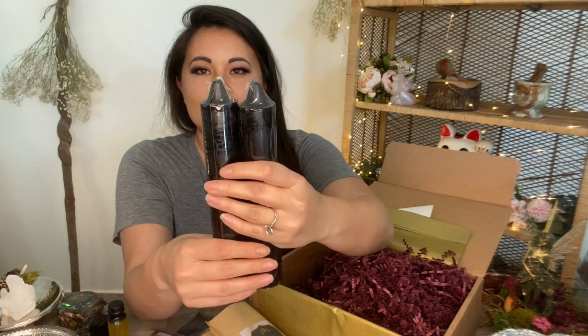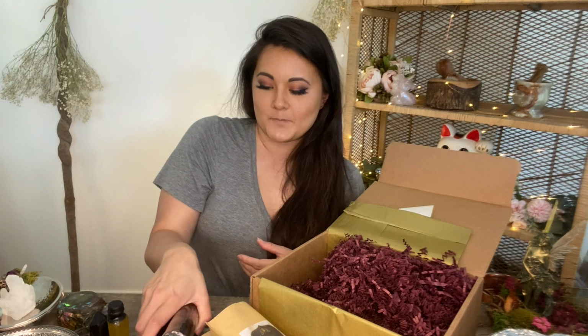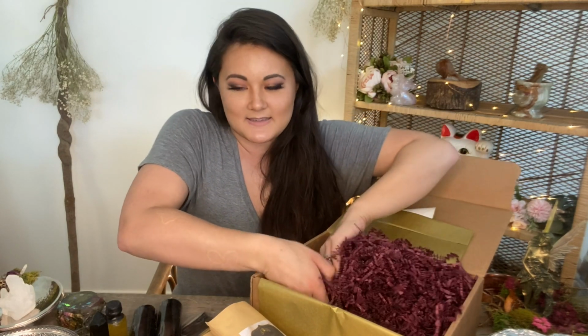But look, yes, I love these for writing your intentions on. Some nice smooth pillar tapered candles are just so perfect. You can add so many different words and intentions, and they're so nice to dress. So love having these in my collection, especially for protection work and obviously for banishing and things like that. So I think the last thing in here is